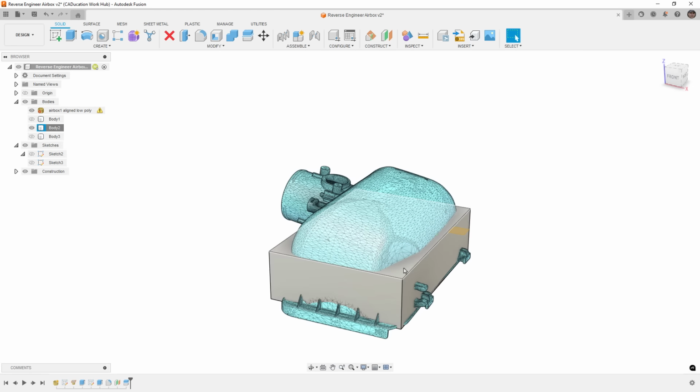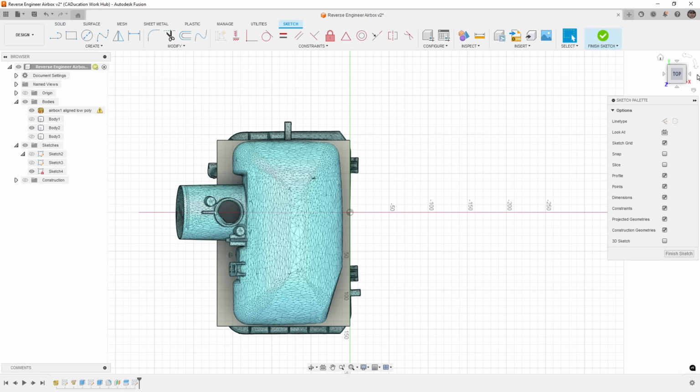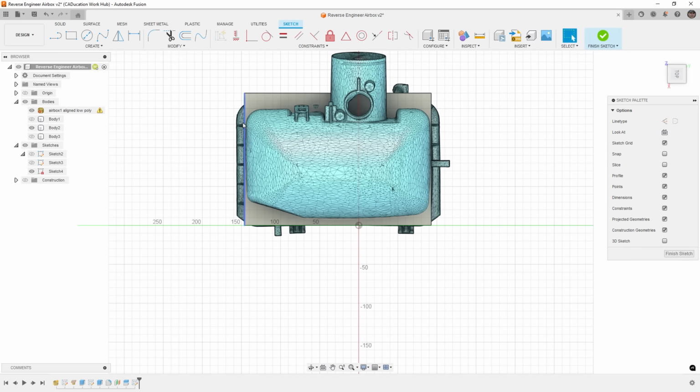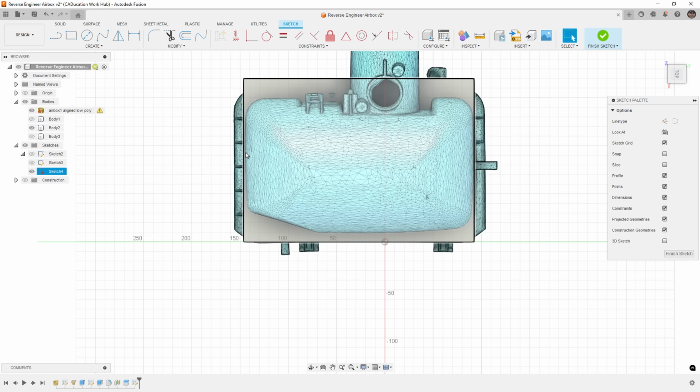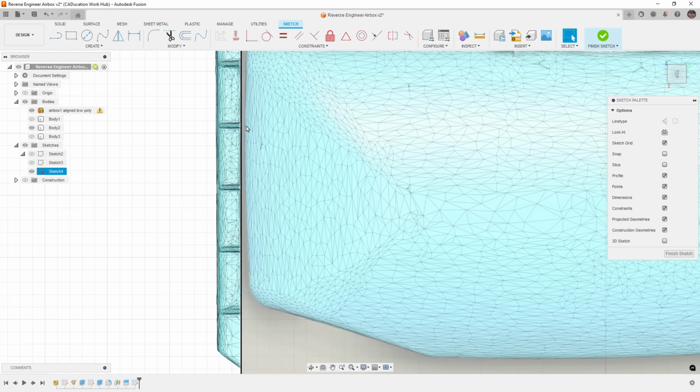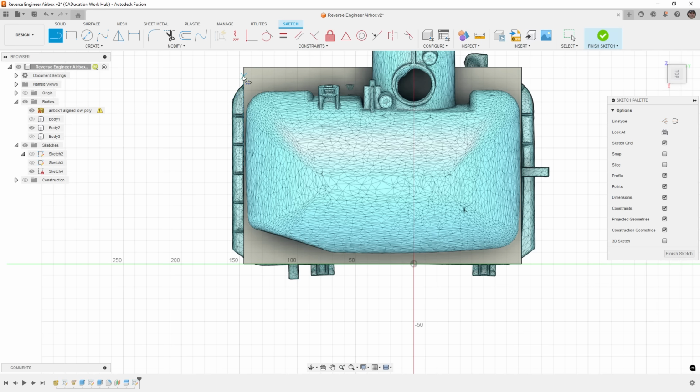So the easiest thing for me to do is just, let's hide the construction plane, but start a new sketch on this face. And let's rotate it around. And again, I'm going to assume, in this case, that we're working with linear edges, even though in reality I know that this is curved. But what I'm going to do is create a line, goes from here and comes back, and basically what I'm trying to do is create that taper. I'm going to do the same thing over here, and then I'm going to use my dimension tool, which is D on the keyboard, and let's give this a 1.5 degree angle. We'll do the same thing over here and just click on this so they're the same, and then hit escape,